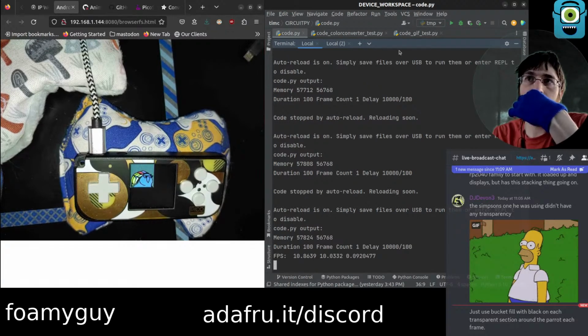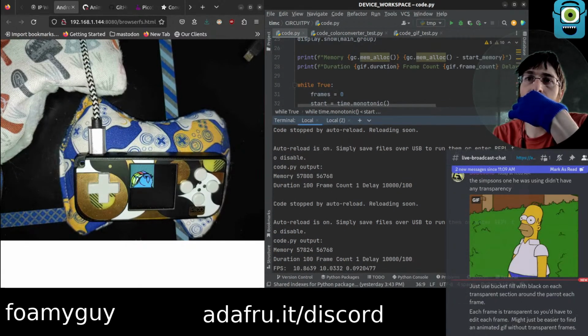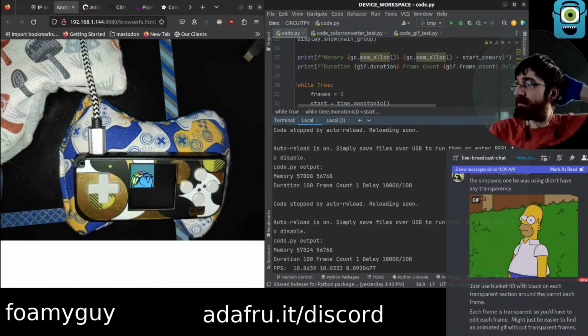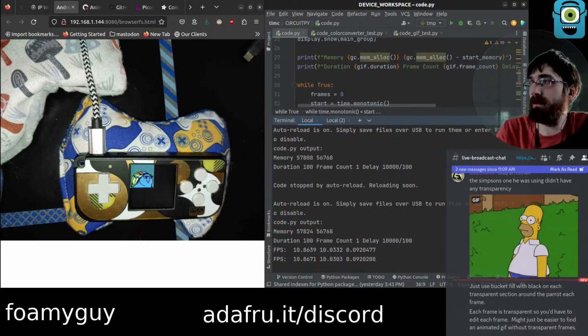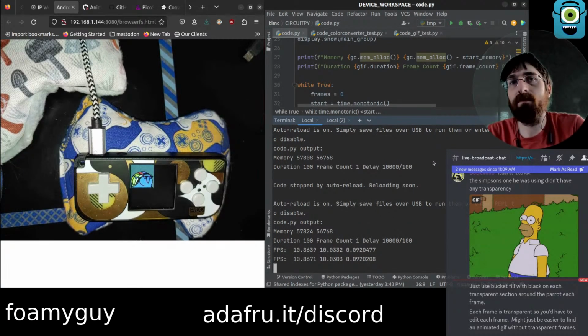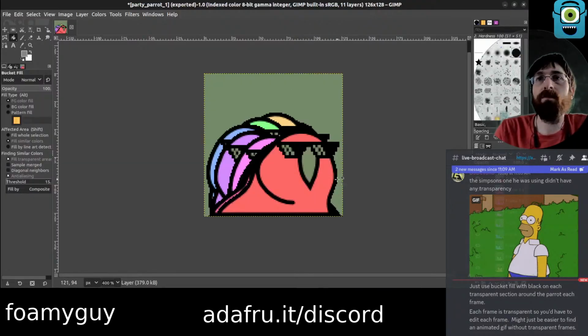Back to about the same speed. Bucket fill. Oh, on each transparent section, we could do that. Doesn't collapse. Somehow it's broken anyway, though.